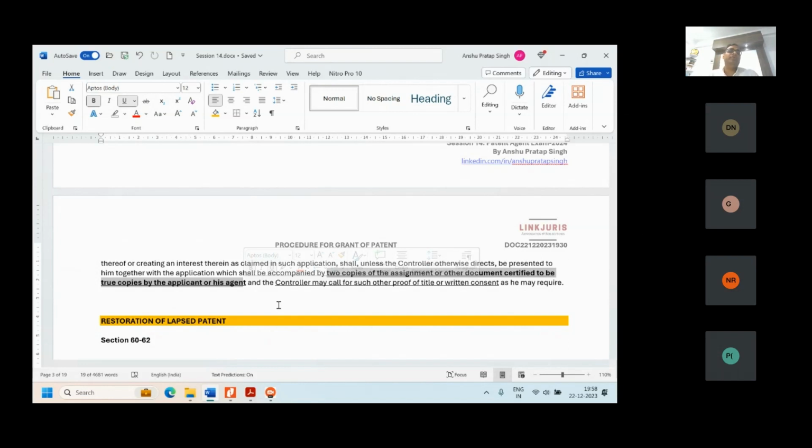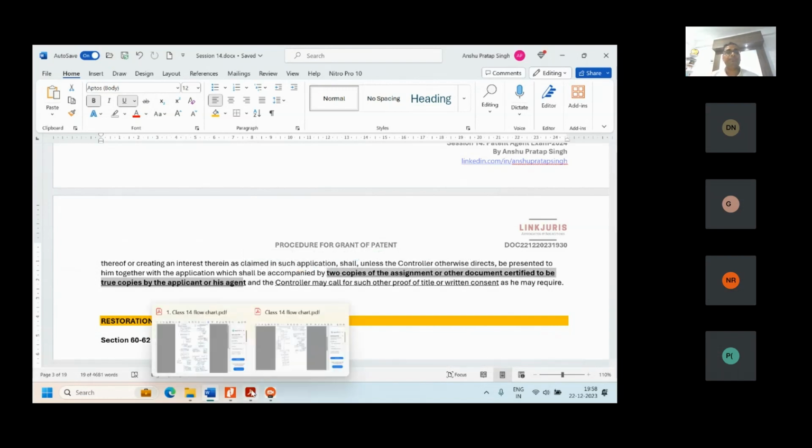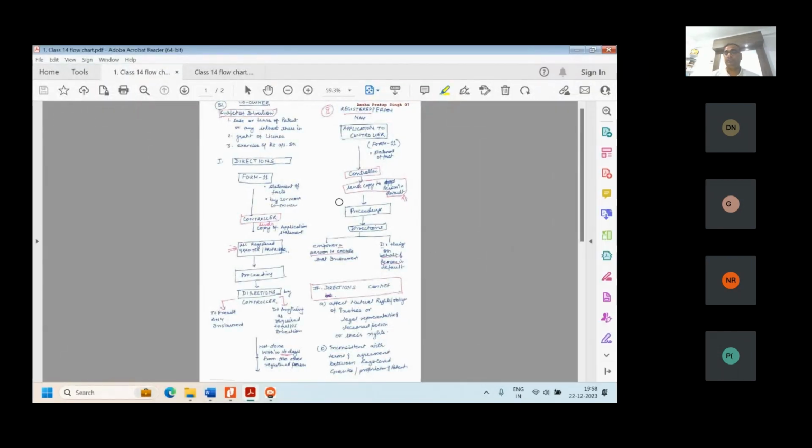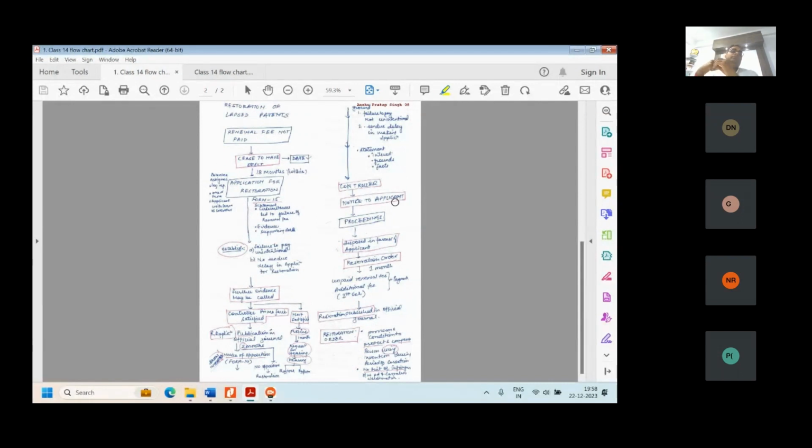Now we are going to restoration of a lapsed patent. Can you tell me when a patent lapses? What are the circumstances when a patent is lapsed? Sir, if the renewal fee has not been paid. Correct. So when the renewal fee has not been paid, the renewal fee is not paid. So the simple thing is